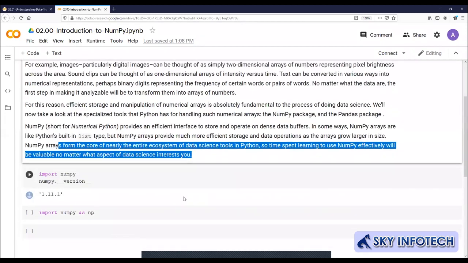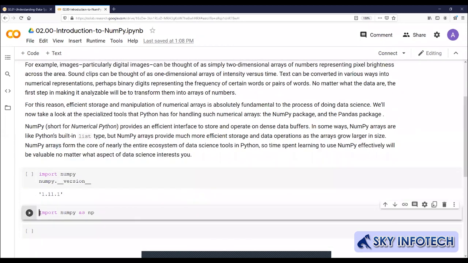Okay, now this is how you look into it. Import NumPy as np. Importing libraries, I have already explained that to you. So whenever you work with it, you have to work like this: import NumPy as np.